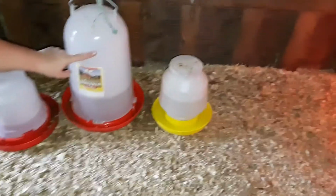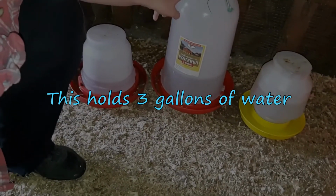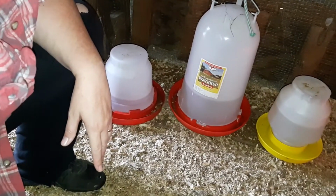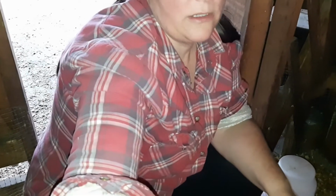So I would take a big waterer. Hold on, I'll take you over to the other side so that you can see. So a big waterer like this one, I hope you can see this. I would do a tablespoon of apple cider vinegar and 2 cloves of garlic. And these 2 on the end, I would do a teaspoon of apple cider vinegar and 1 clove of garlic. And I try and do that once a week. I change out the garlic, because the garlic will stay in there, and I give them some more apple cider vinegar. It helps to...